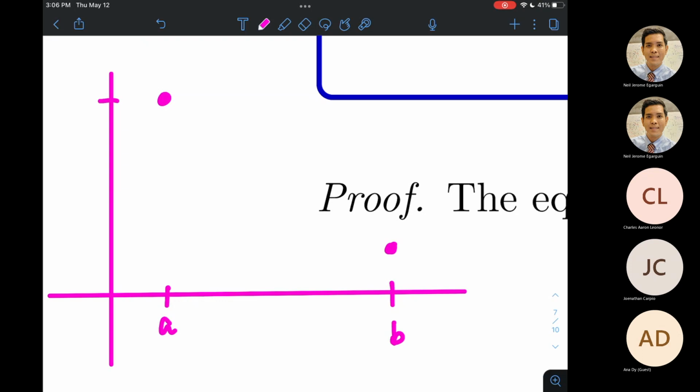Tama si Charles. Taylor and Maclaurin series can relate. Ganun din si Maclaurin saka si Taylor. Specific si Maclaurin ni Taylor. But yeah, that's a nice analogy. So okay,